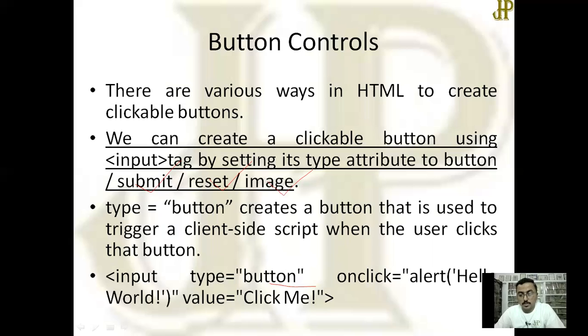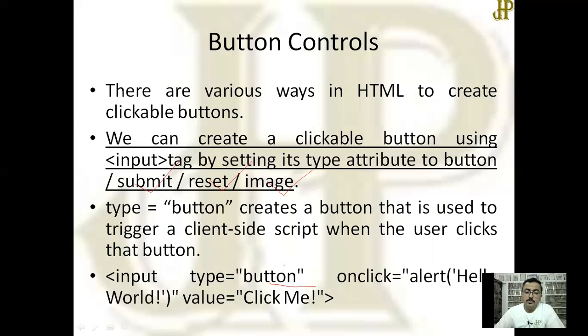Here I have chosen an application known as onclick. If my button is clicked, then what is to be done? I have written a small scripting line with the help of a function known as alert. An alert box will appear, and whatever alerting message you want to put, you can write down. But the philosophy is the same.